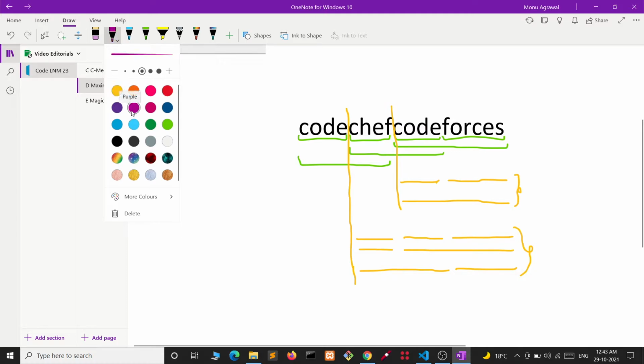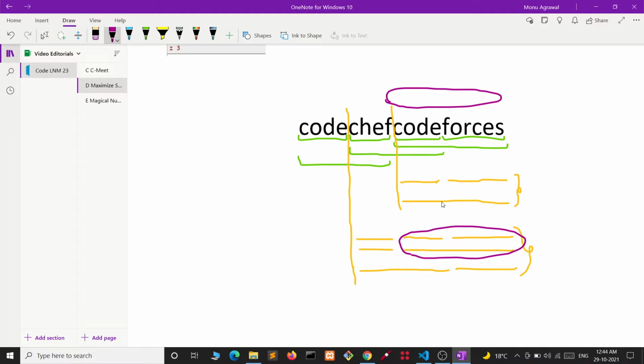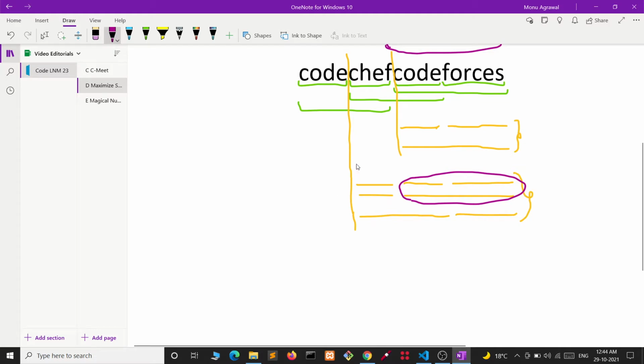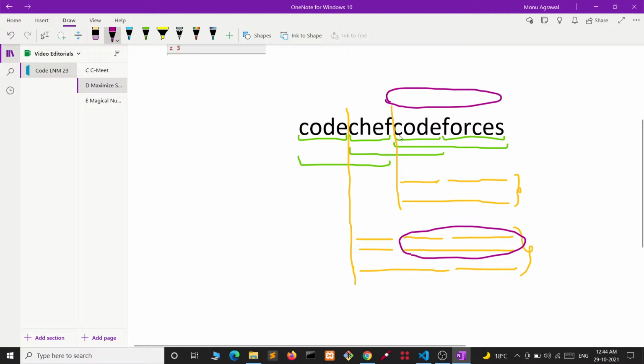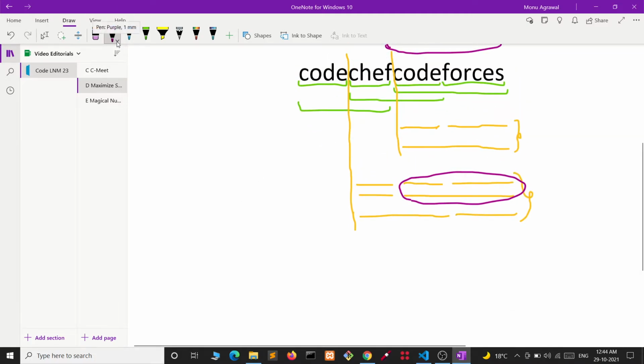Now we can notice that we have already generated the maximum score we can get for the word codeforces, and now again we are generating the maximum score for this string codeforces. We see that we can divide this bigger problem into smaller subproblems, and subproblems are also repeating. So this gives us a hint for DP. Now let's see how we will be using DP.